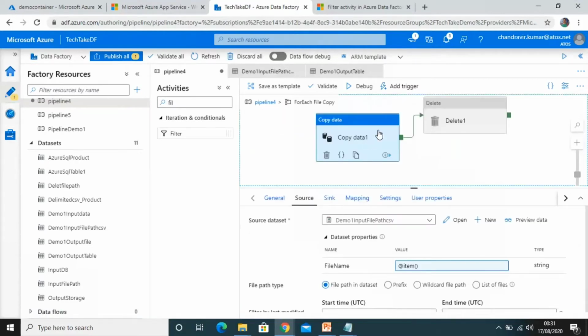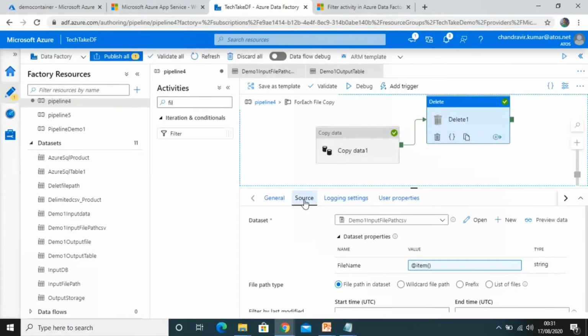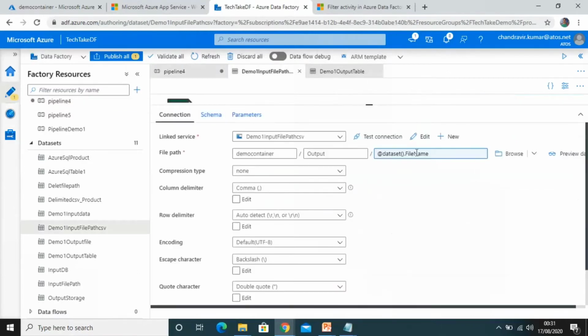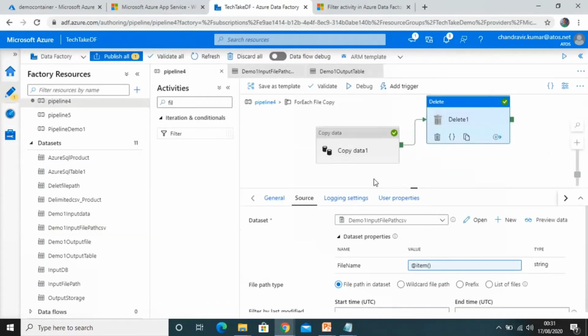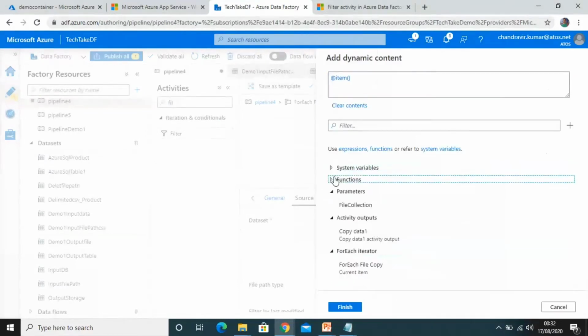Now let's go to the activities inside. We have a Copy data activity and a Delete activity. In the Copy data activity, we have a source, and you can see the dataset I have created, and the file name is parameterized here. This is the file name which I configured as the item of the For Each loop.